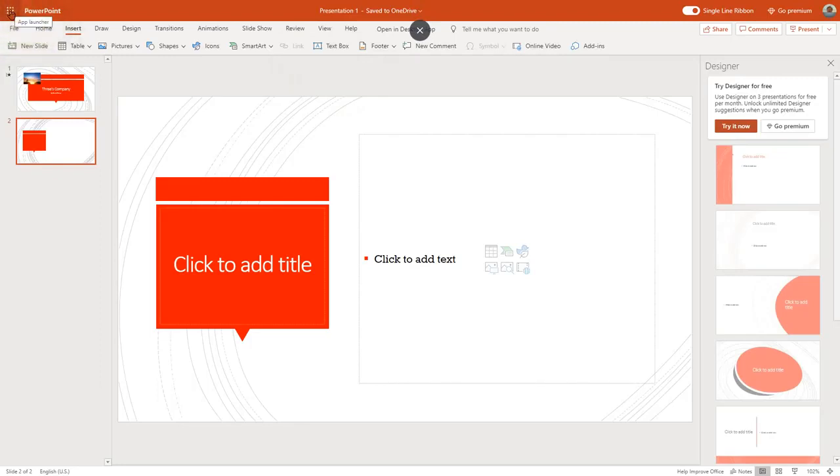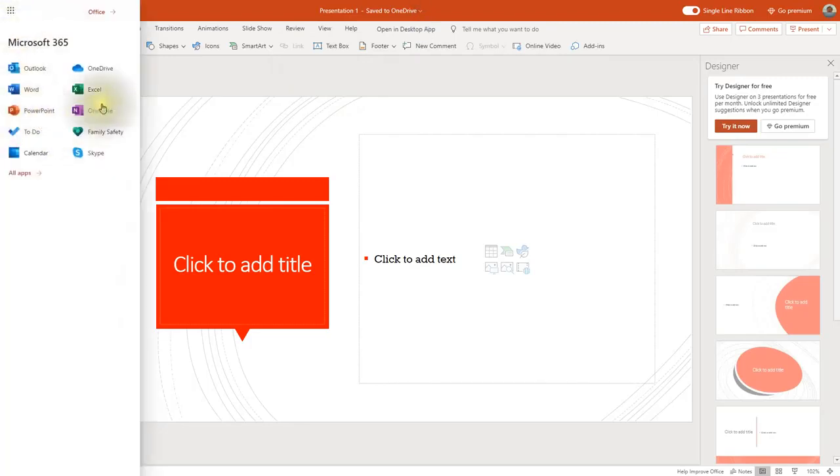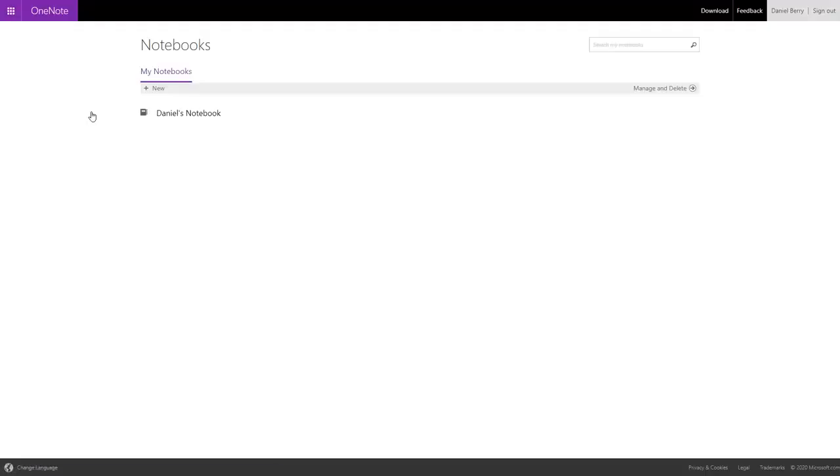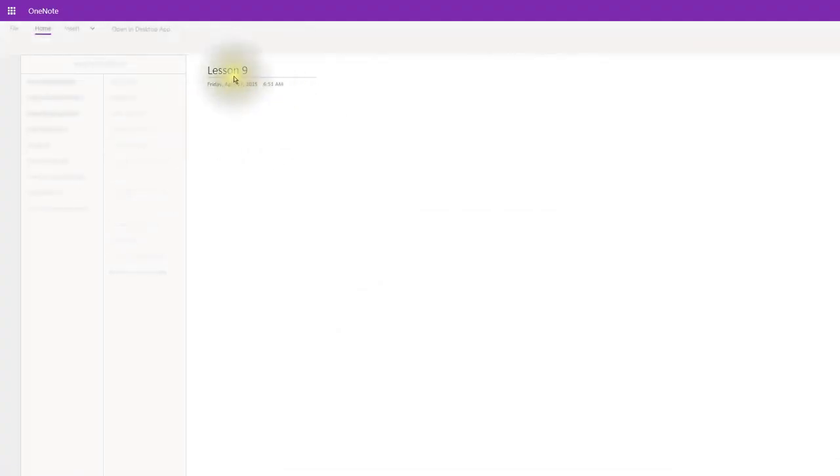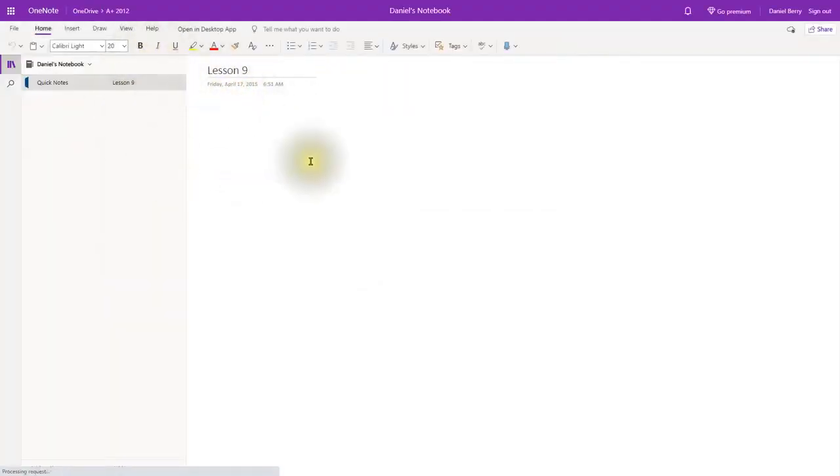Let's click on the App Launcher again and see what else we have. We have OneNote. Now OneNote is kind of nice. It's kind of like a way for you to take your notes and put them into one place, your ideas, I should say, and put it in one area there. So here I have my notes, and if you wanted to, you can quickly write up notes and ideas for a project.